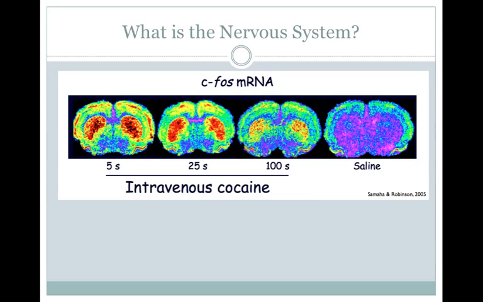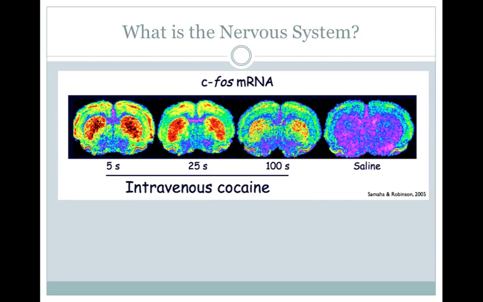Hey, so in this slide, we're talking about mRNA, and if you're unfamiliar with what mRNA is, you can see my other lectures in molecular biology. But mRNA is the middle step between DNA and protein. You go from DNA to mRNA, or RNA, to protein, and protein is that substance that is ultimately produced,